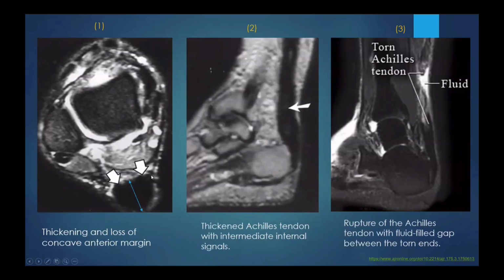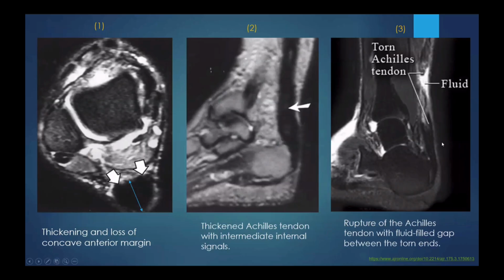In the first case, we see a thickening and loss of the concave anterior margin of Achilles tendon, and this case denoting tendinosis. The second case demonstrates thickening of the Achilles tendon with intermediate internal signal intensity. I'm not sure if it's clear here, but it's intermediate speckles of internal signal intensity along with thickening of the Achilles tendon. This represents